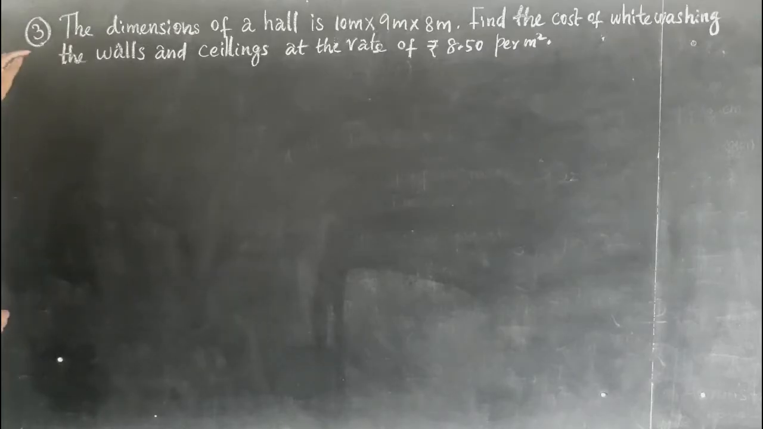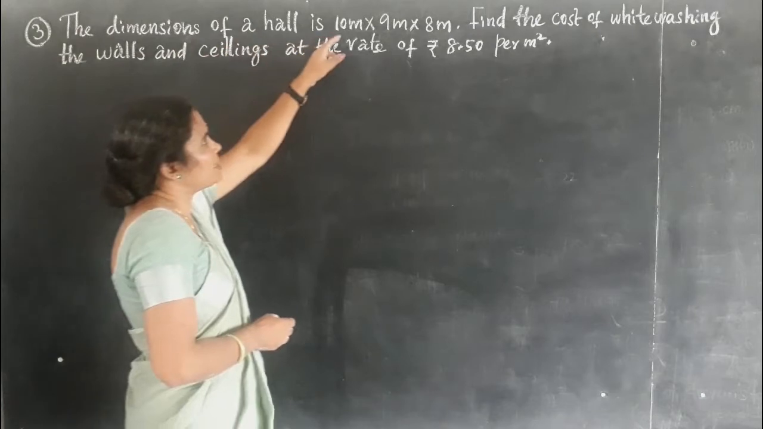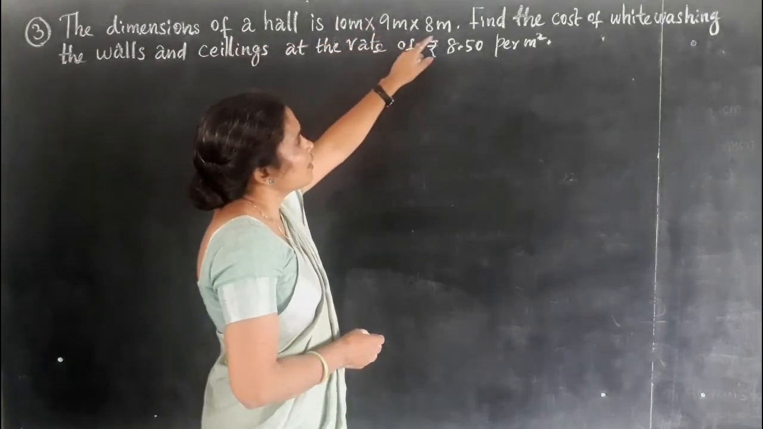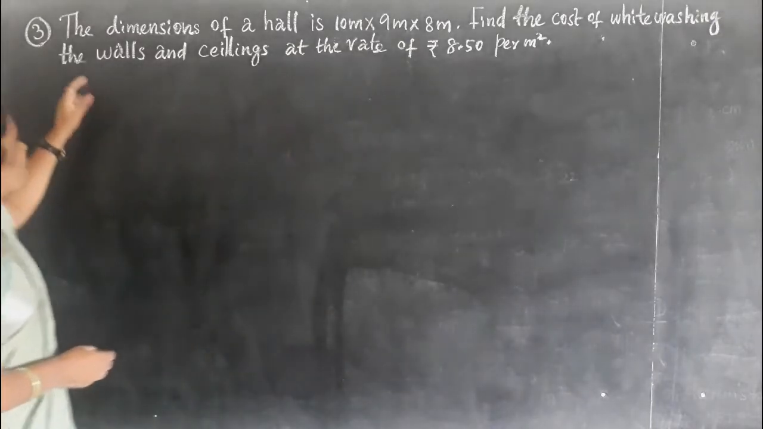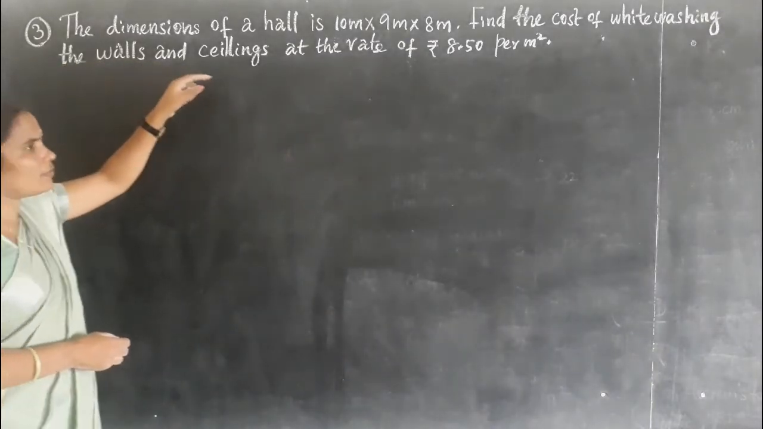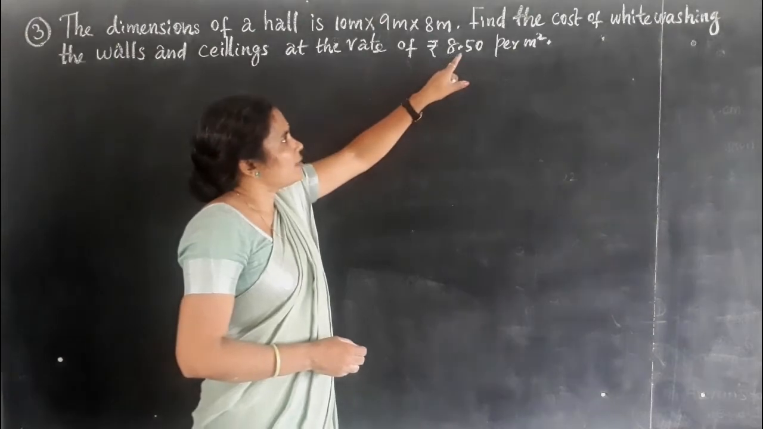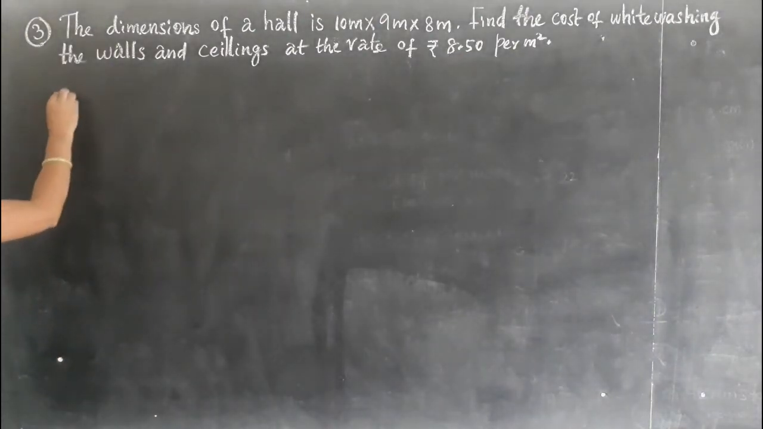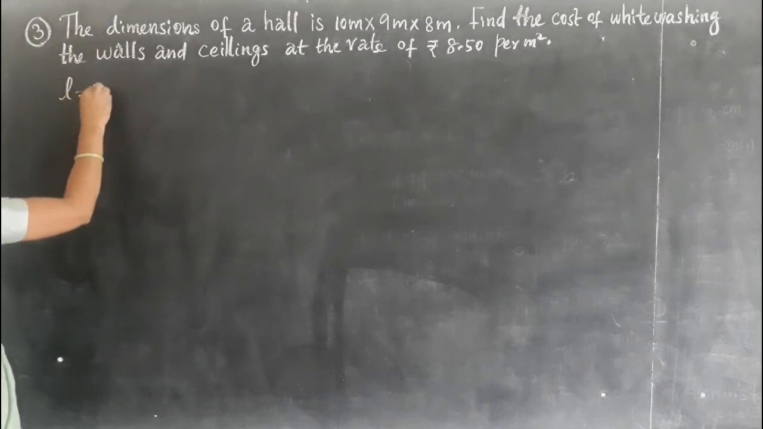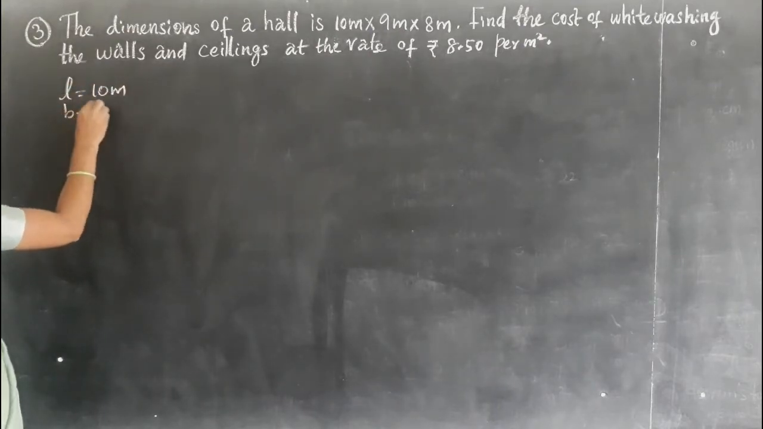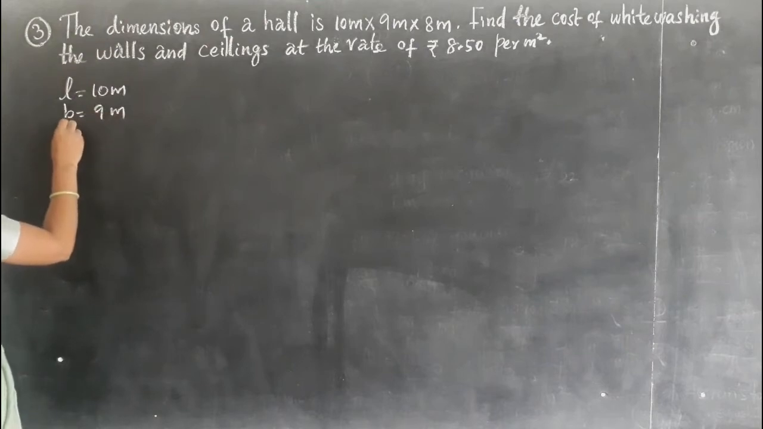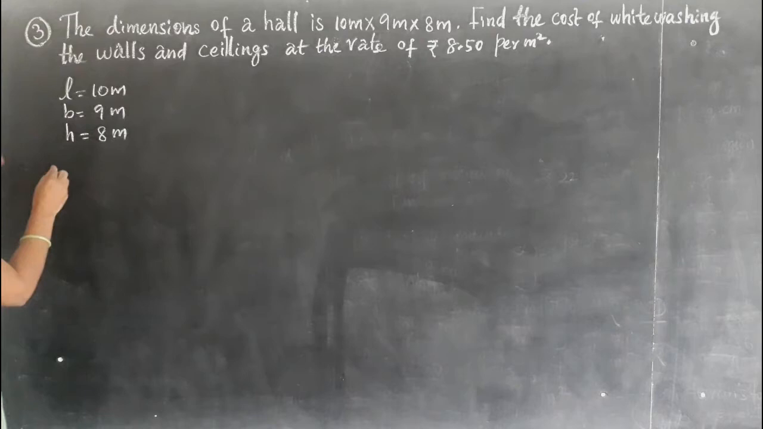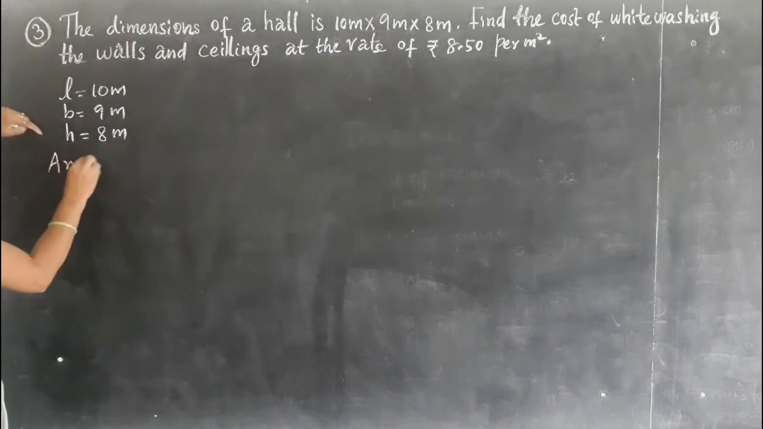Question number 3. The dimensions of a hall are 10 meter, 9 meter and 8 meter, that is length into breadth into height. Find the cost of whitewashing the walls and the ceilings at the rate of rupees 8 and 50 paise per meter square. Now let the length be 10 meter, breadth is equal to 9 meter and height is equal to 8 meter. Okay, now area of whitewashing